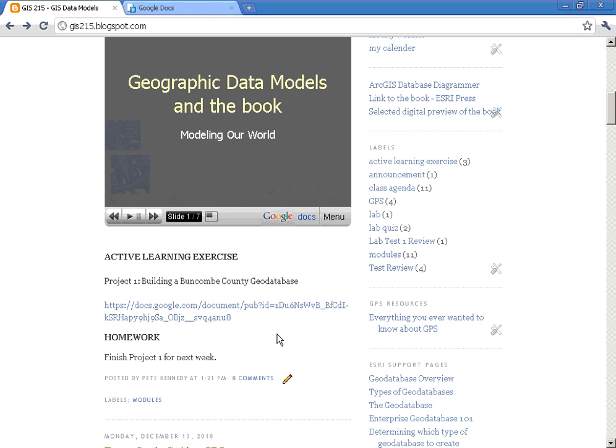The active learning exercise this week is not meant to be really difficult or anything new. It's meant to be a review from GIS 111 and give you a chance to get back into ArcMap and ArcCatalog and start getting used to it again before we start learning new material and new concepts with the software this semester. Please finish this first project by the time you walk into class next week, and we will look at each other's work next